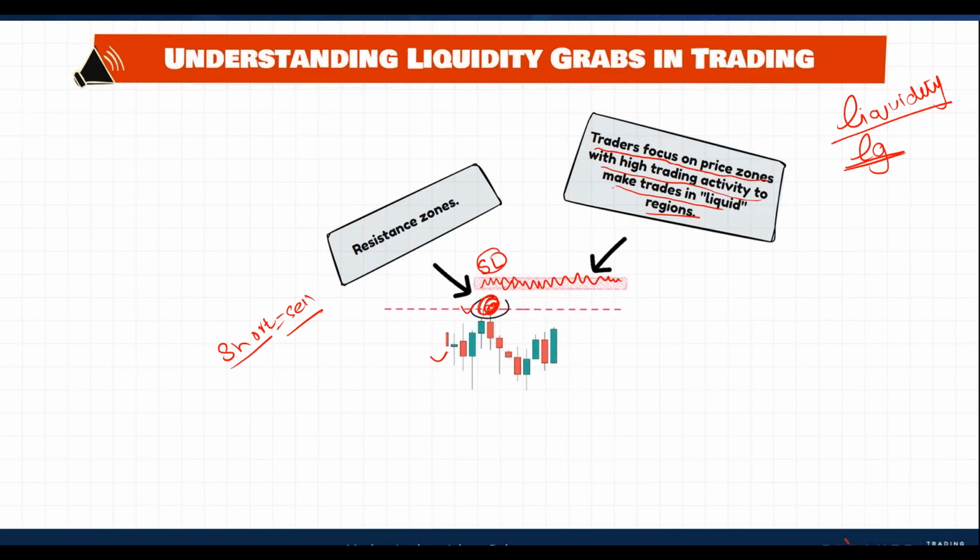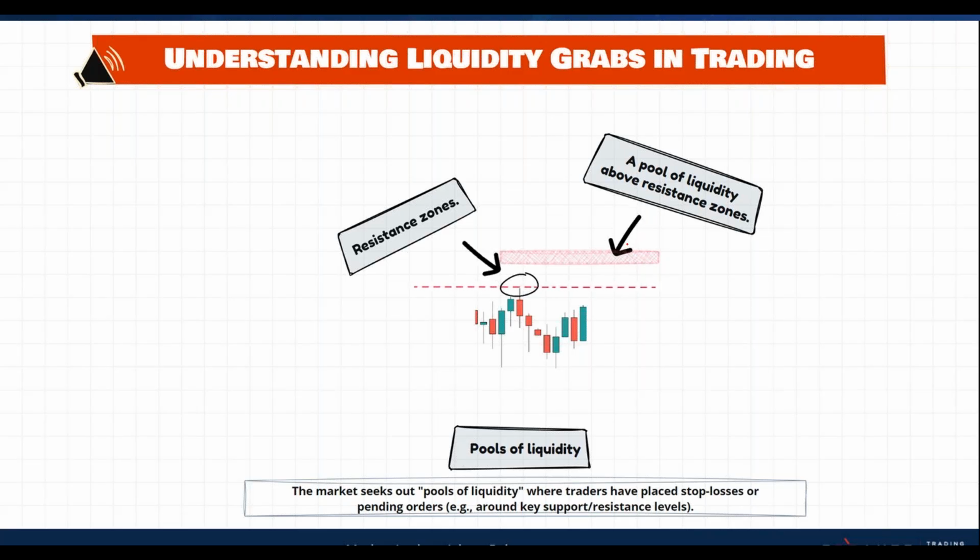So the proper word to understand this zone is liquid region. Liquidity zone, liquid region, or liquidity pool, you can name it whatever you want. Basically this is the place that you need to focus on. Now let me take you to the next slide, and then you'll understand further. So this region is a pool of liquidity. And what this liquidity is, it's the area of your stop losses or pending orders, or whatever you can say. Now I've written this explanation over here.